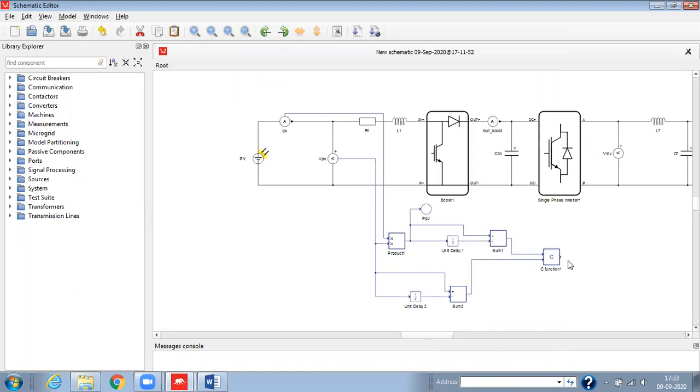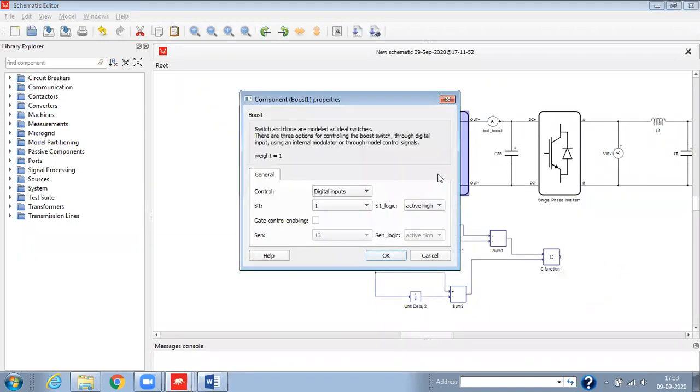This is at the output of the C function block, we are going to have the reference signal for this boost converter. So for that, we have to change the control logic here. In the boost converter, we have three types of control signal we can provide. Either we can use digital inputs, or we can select internal modulator, or we can select model.